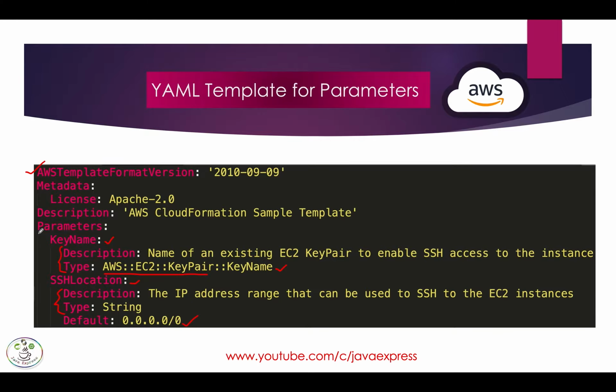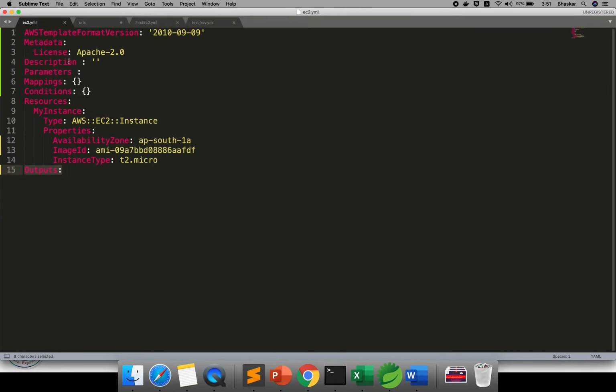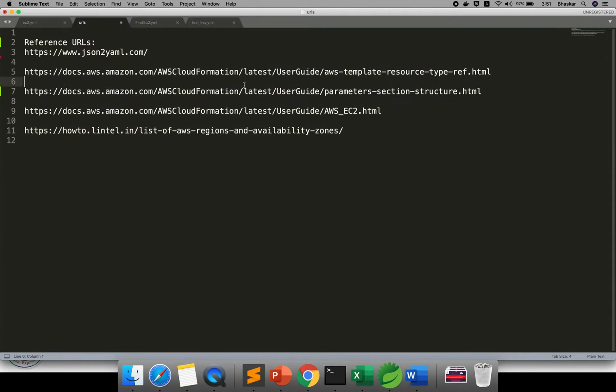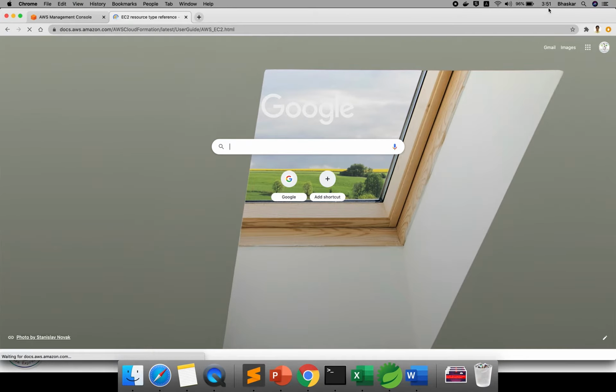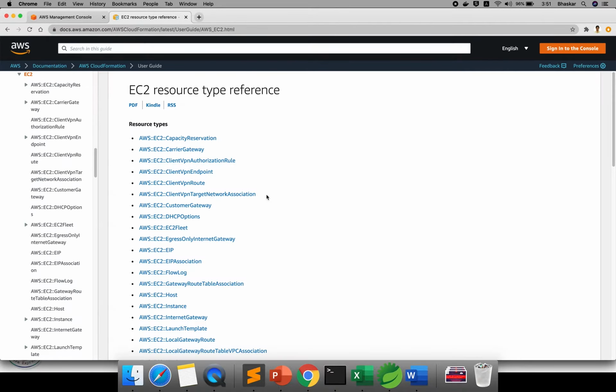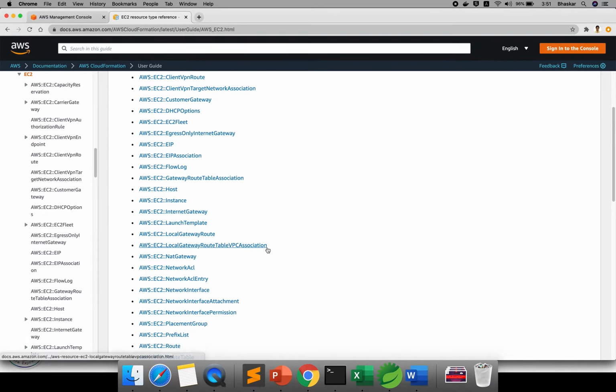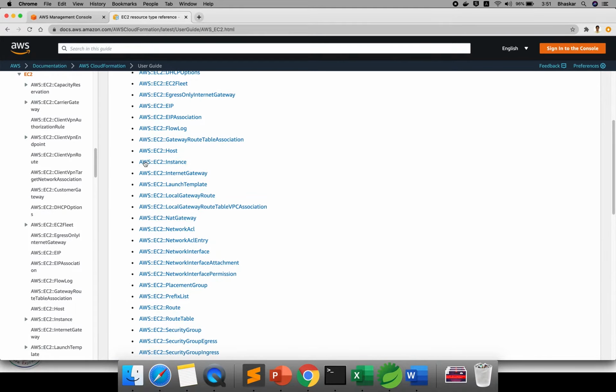Now, for the resources, previously I gave the AWS URL to check the documentation. Now if you want to check the parameters, I will give you one more URL. Before going to that, let me open the EC2 instance. This is a copy. Now I will design the whole template in this session. So this is your EC2 instance, right? Let me open the EC2 instance. Just open it in another tab.